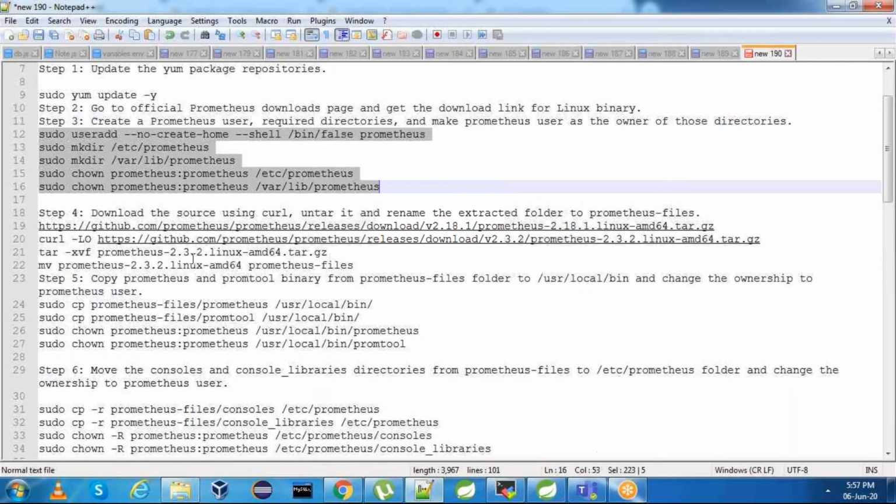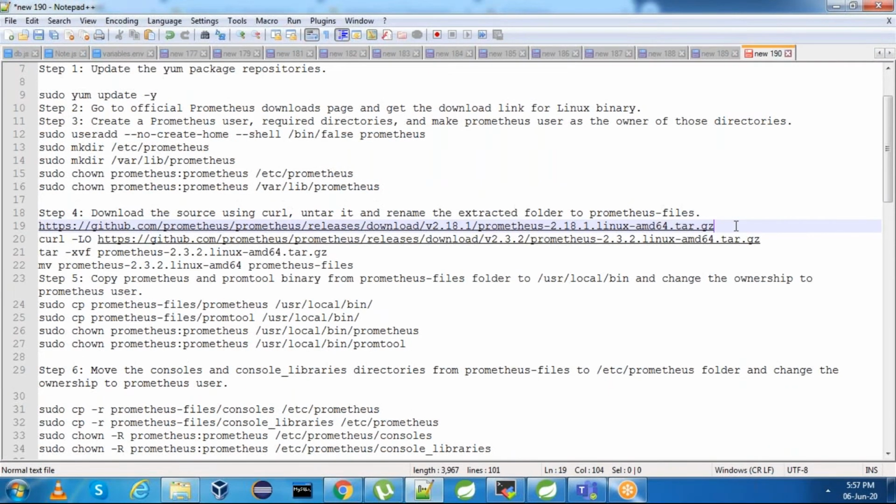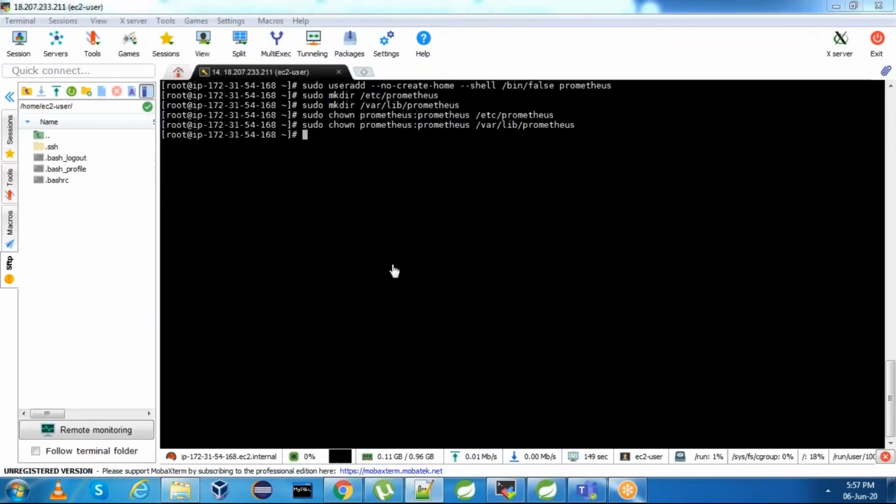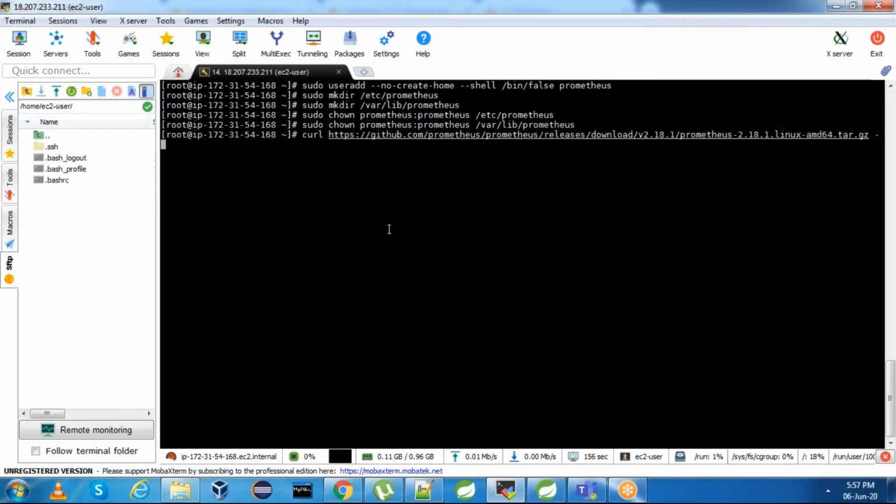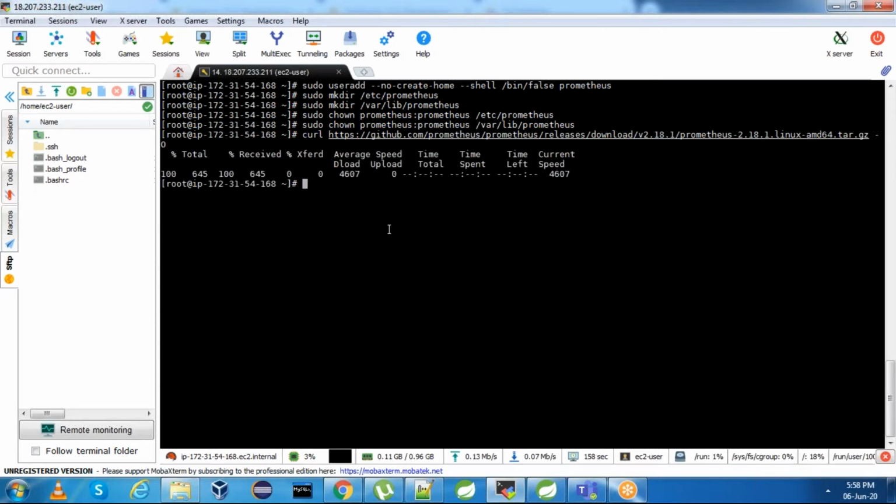Next, I need to download the link. This is the latest link which I copied, and let me use curl with this link and capital -O. This is downloaded.